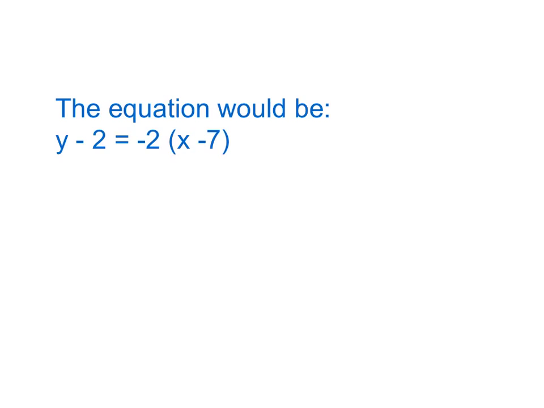So here's what the equation would be. It'd be y minus 2 equals -2 times the quantity x minus 7. Hopefully you got that,